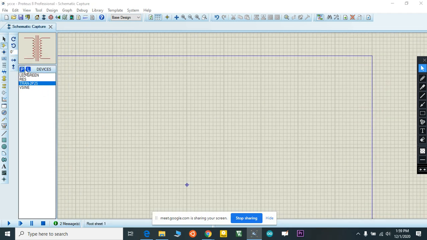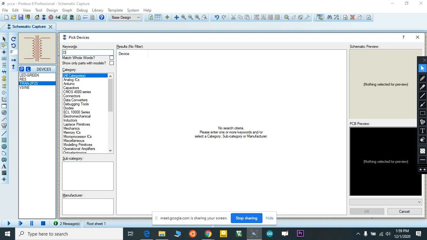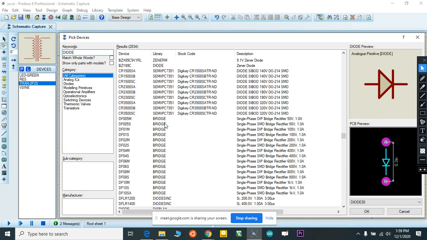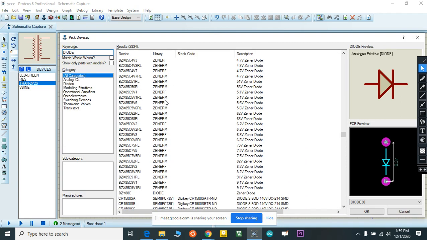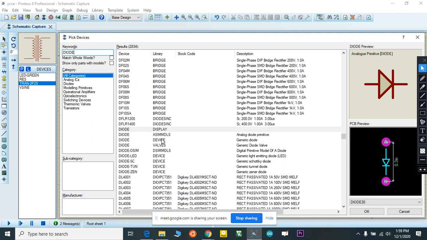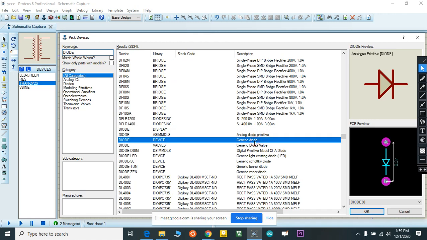Then diode, I need a diode. See, I'm typing all these generic components so that you can easily select. Diode, you can see here, generic diode. You select generic diode.